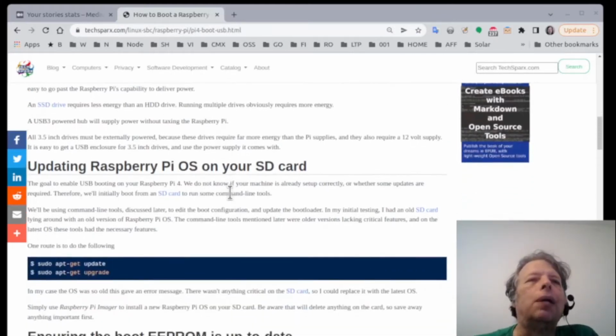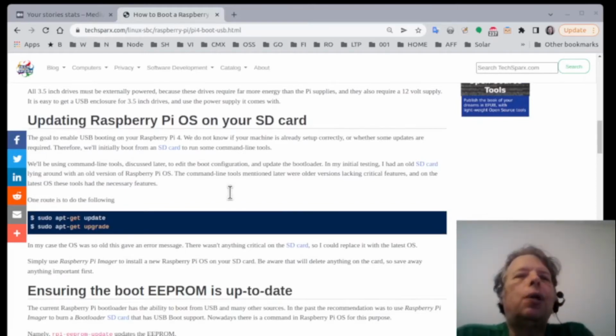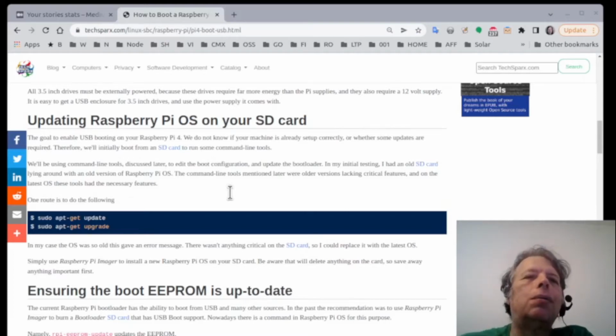let's talk about setting up. To make sure that your Raspberry Pi is correctly configured, it's a good idea to start with Raspberry Pi OS burned to an SD card. So just burn it through the normal means. I have Raspberry Pi Imager installed,